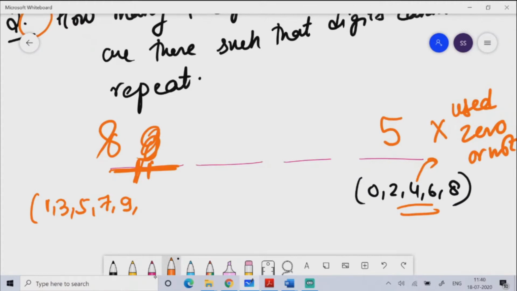So how can you determine this? Because this is a random experiment, you cannot determine it in any way. You cannot work on probability here, such as the probability of 0 coming is 1 by 5 and not coming is 4 by 5. All that will not work here. So you have to understand this problem; you cannot do it like this.